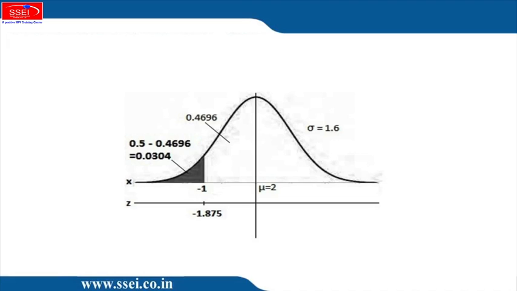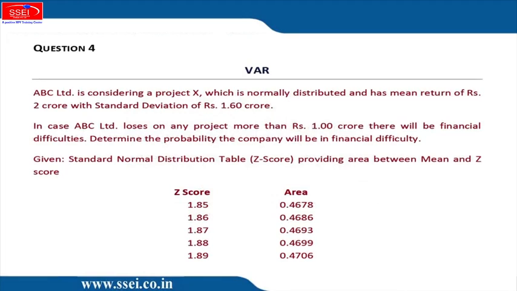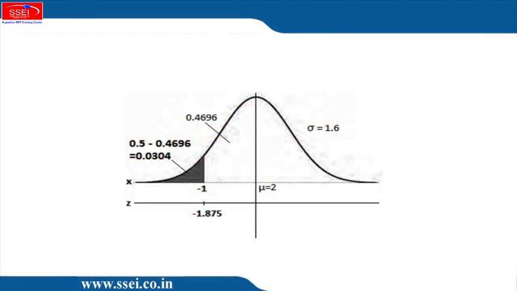Now I have to find out the probability of z less than minus 1.875. So I go back to the question, and in the question I have 1.87 probability, 1.88 probability. So 1.875 is obviously 0.4693 plus 0.4699 by 2, that comes to 0.4696. Now this is the area between 0 and z, between the mean and that figure, but